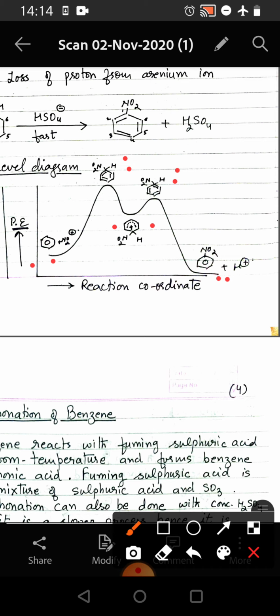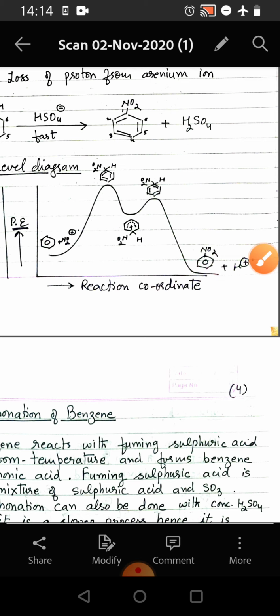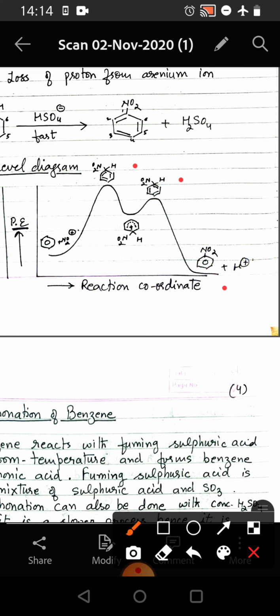So we can say the transition states are the most unstable and the product is the most stable, and this intermediate is stable as compared to the transition states, and thus it can be isolated because it is quite stable. And as we see that in this, the energy of the reactant is greater than the energy of the product, so we can conclude that this reaction is an exothermic type of reaction.